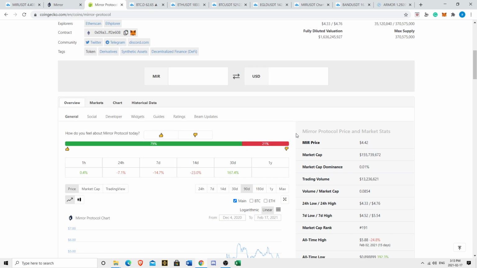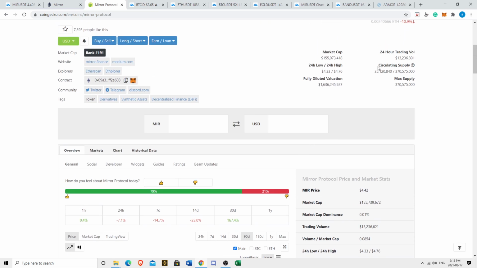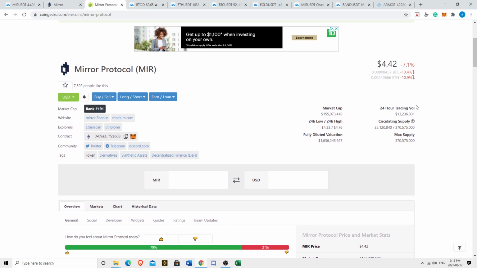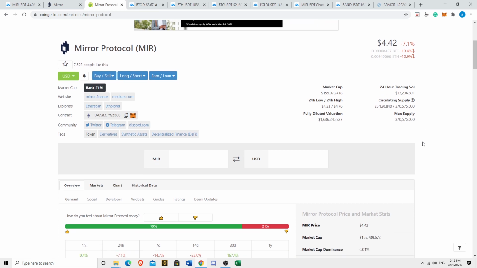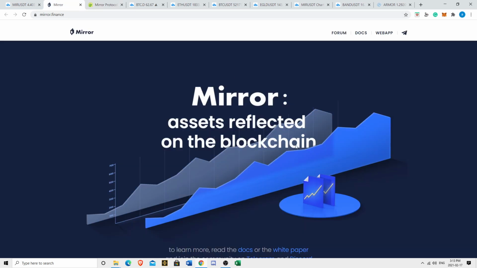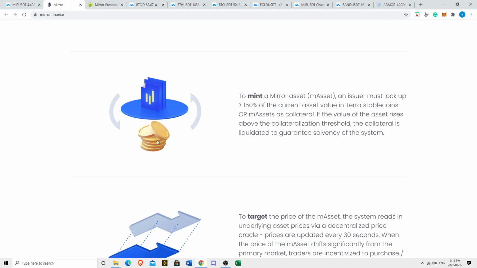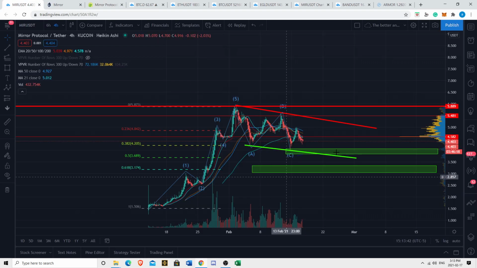But hey guys, this is interesting. It has sufficient trading volume. Whenever something has too low trading volume, that should tell you people aren't really interested in it, or if it has too high trading volume, that should tell you no one really wants to hold it. So there's a sweet spot when it comes to trading volume, and roughly 10% of the market cap being represented in the 24-hour trading volume I believe is within the sweet spot. I like seeing that personally. Hopefully that makes sense.